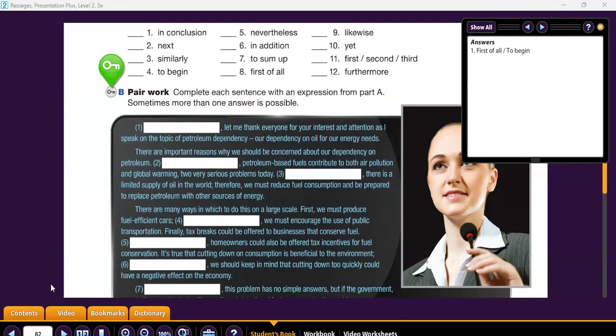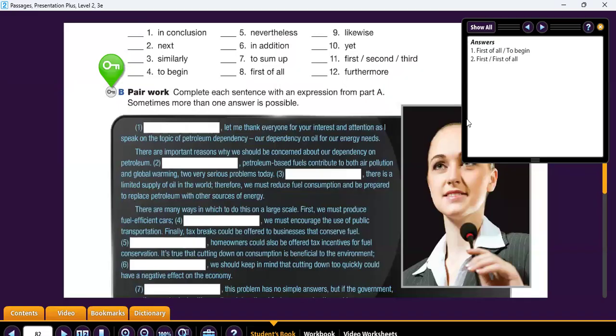And maybe an expression to sequence information. Next, maybe. First,